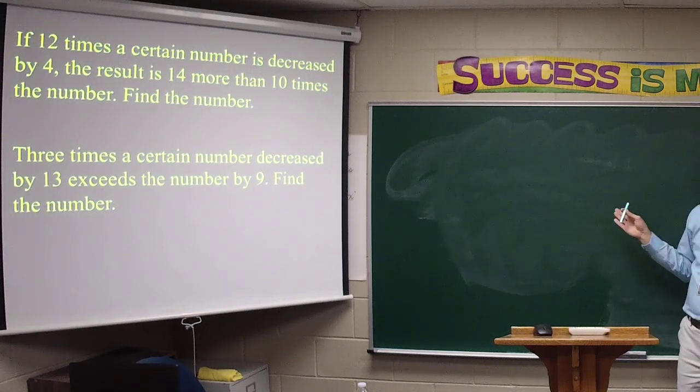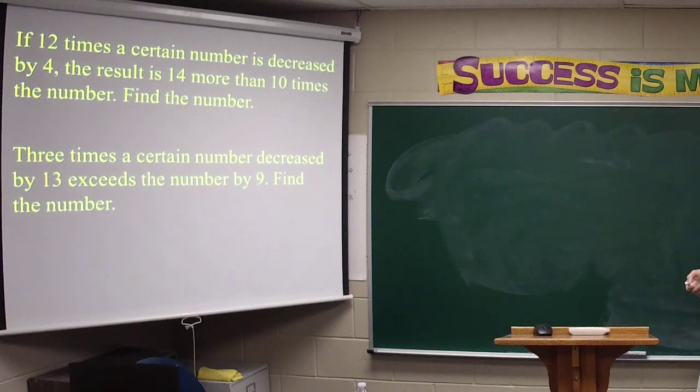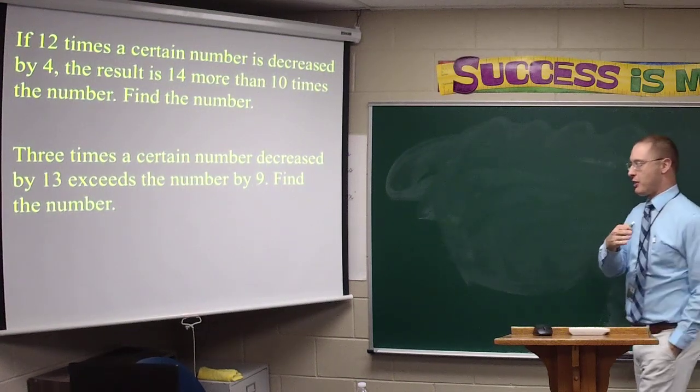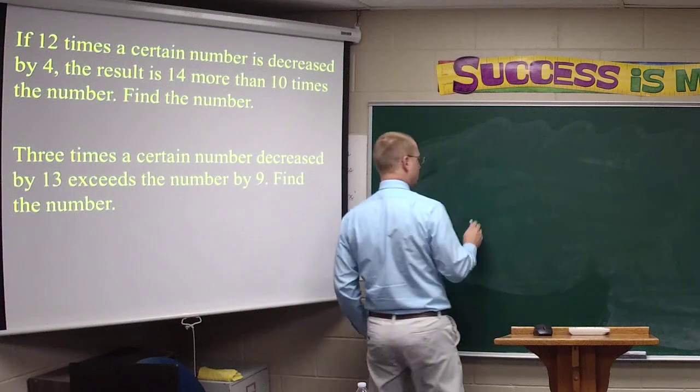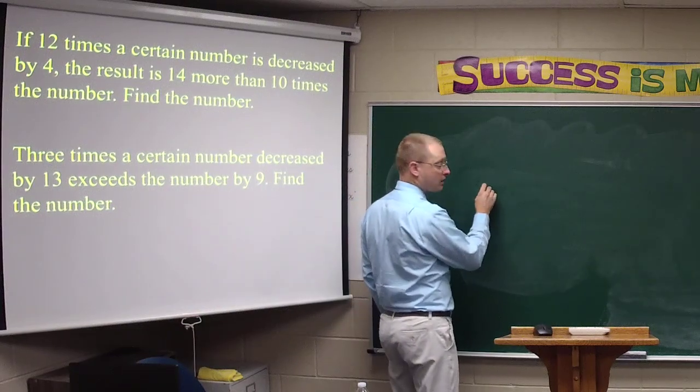The first part of this is going to be pretty straightforward. Genesis, it says 3 times a certain number decreased by 13. I should simply write,